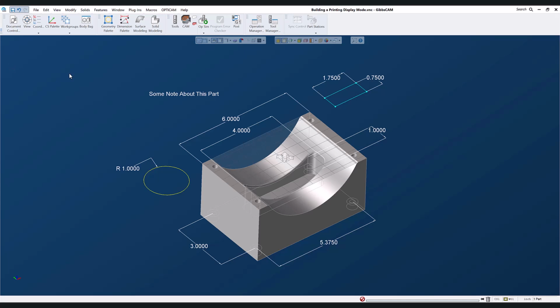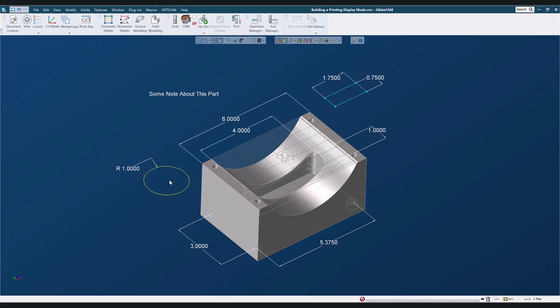GibbsCam provides the ability to print screen on white, but you'll find that light colored features like dimensions, annotations, or even yellow unconnected geometry will be difficult or impossible to distinguish on a white background. GibbsCam also has a setting for printing black on white. But you may find with this setting that it doesn't give you enough contrast between, say, geometry and dimension lines,